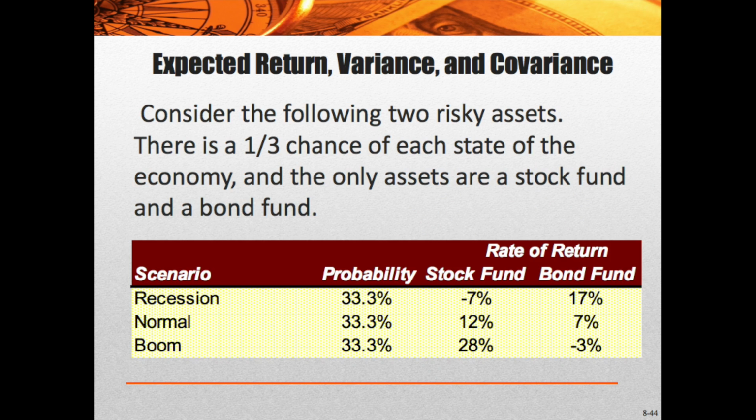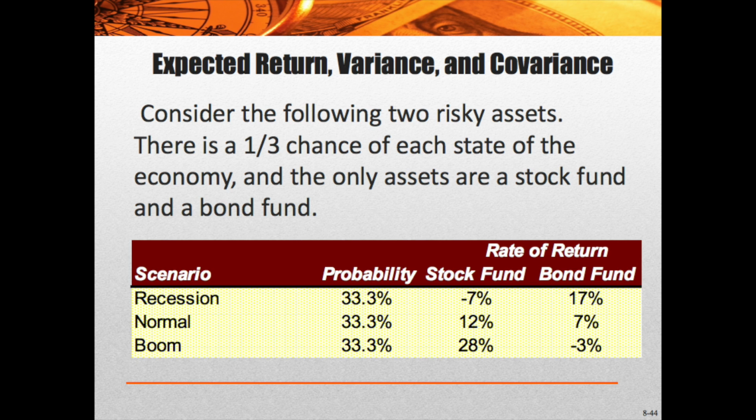So the first slide is expected return, variance, covariance. Here's our scenario. We have two risky assets, a stock fund and a bond fund. There's a 1/3 chance of the economy going either into recession, staying normal, or booming. So the probability is 33.3%. If we have a recession, the stock fund will do poorly at -7, but the bond fund will do